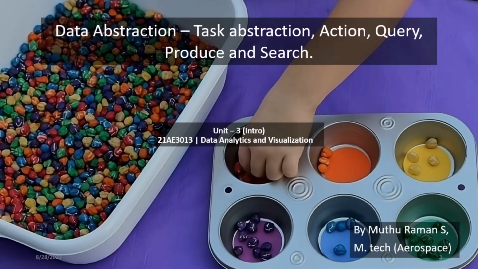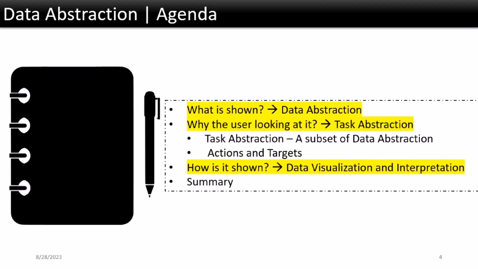What we are going to see in data abstraction are task abstraction, action, query, produce, and search. In this presentation we will see what is shown, called data abstraction, and then what are the data and data complexities involved in data visualization. What are the components of data, which we call data sets, attributes, spatial fields, and ordering orientations. Why the user needs to do this for data abstraction, how the data abstraction is being performed, and then we